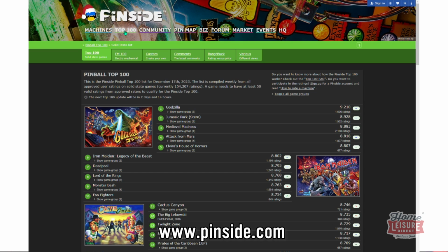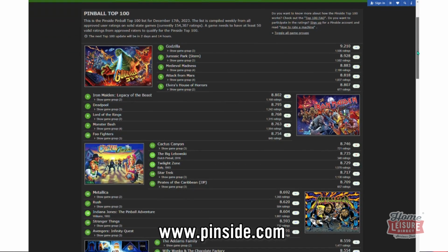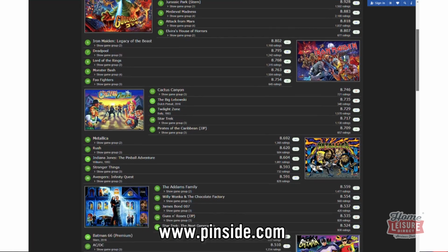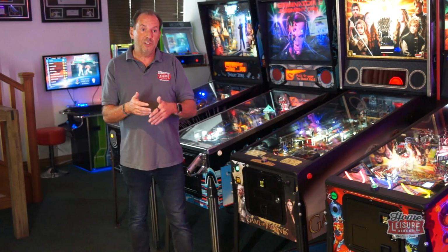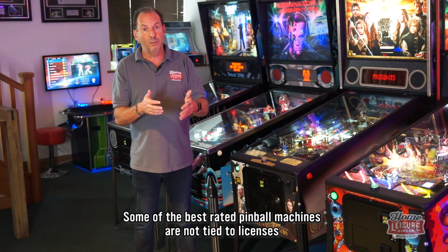They're all rated by players, by owners, and gives you a bit of a feel for the different machines that are available. And it's good fun to just have a browse through, but look for some of those machines that I mentioned there, and you'll see that they've got great reviews, and certainly they should be in your list of